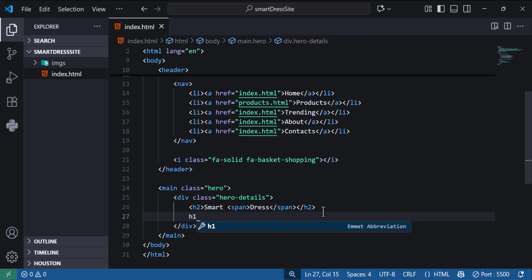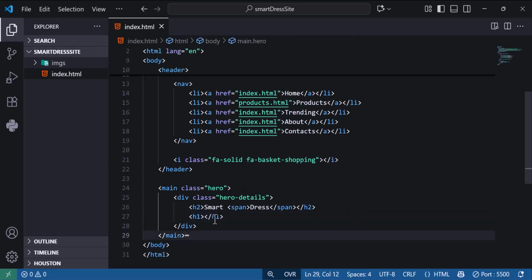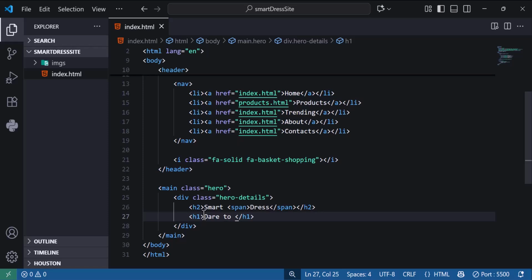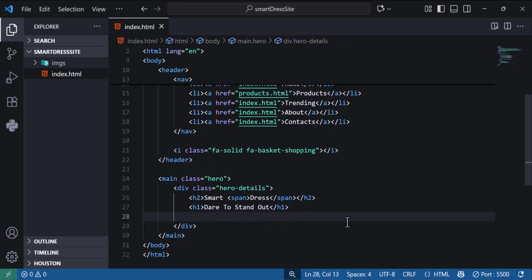And I can also have a h1 that says dare to stand out. So I'm going to use a capital T there, and then, like that. So dare to stand out, and then I'll have a p tag, and